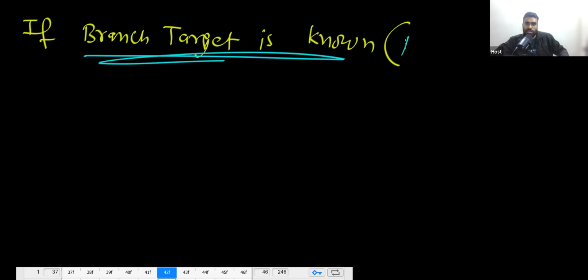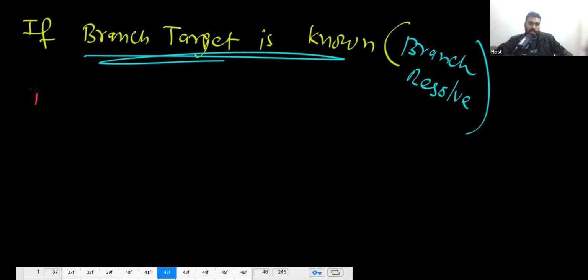Branch target is known. This is called branch resolution. So you are resolving the branch in the kth stage. Okay, it means the branch target is known in the kth stage,